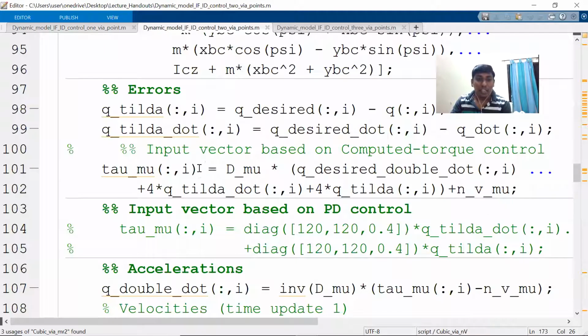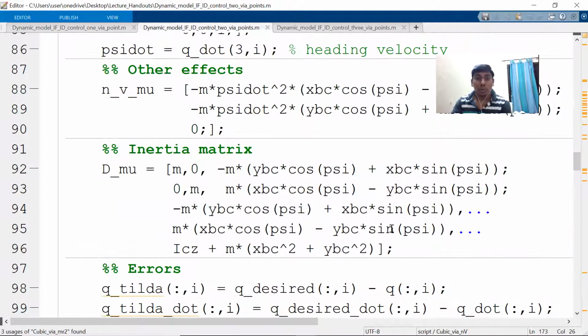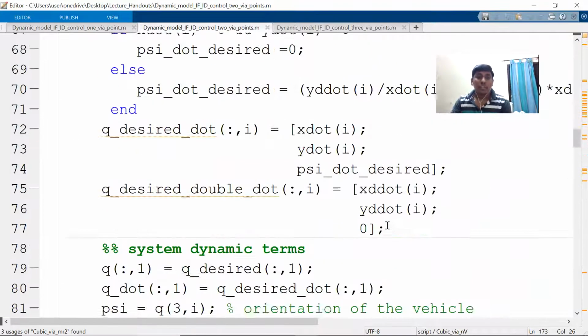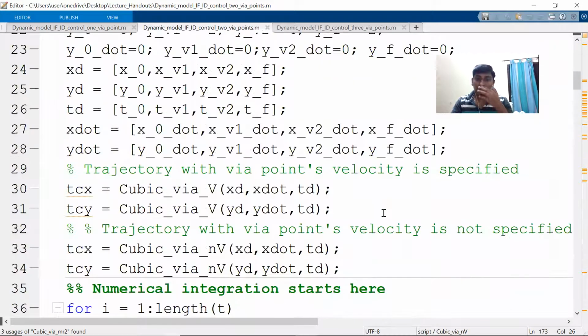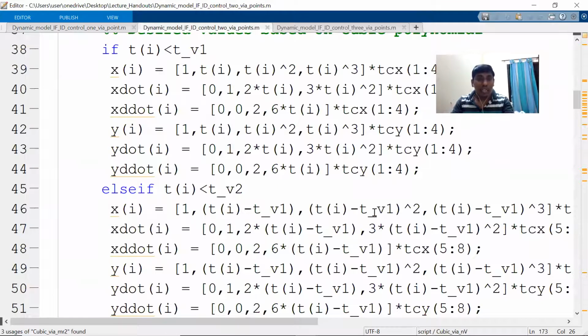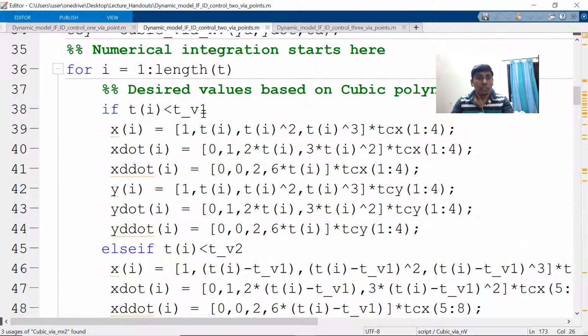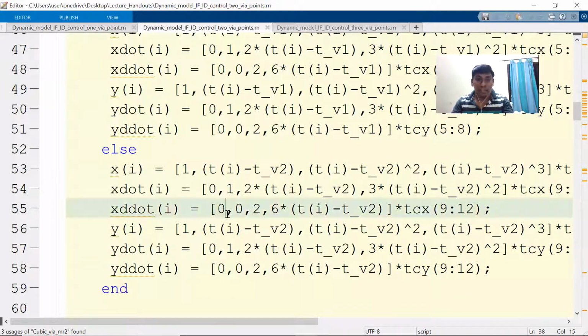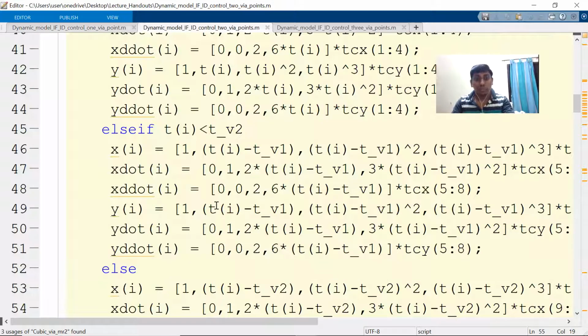So now you can see this is what I said, computer tab control. Even we can think about PD control and all those things, right? So now if I run this, you can see earlier it was only up to initial V1, and now it's different because it's one segment earlier, here 2 segments. So even this need not be done in a big way. I can make a simple MATLAB function, but here I've just made it this way to get clarity.